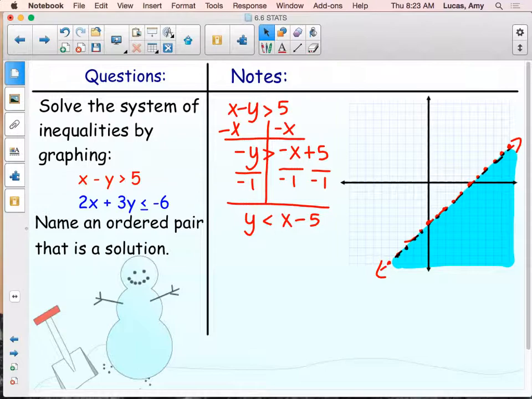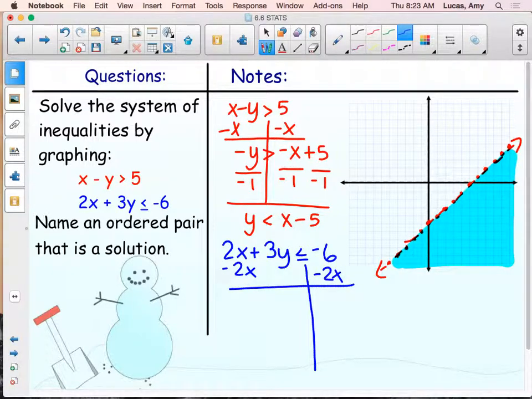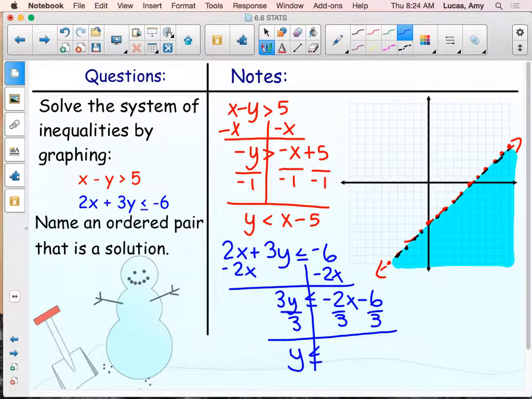Okay. My blue line, 2x plus 3y, is less than or equal to negative 6. I need to subtract 2x on both sides. 3y is less than or equal to negative 2x minus 6. Divide everything by 3 to get the y by itself. And y is less than or equal to negative 2/3 x minus 2. So I start at negative 2, and I go down 2 over 3, down 2 over 3. You can reverse that. This line is solid,